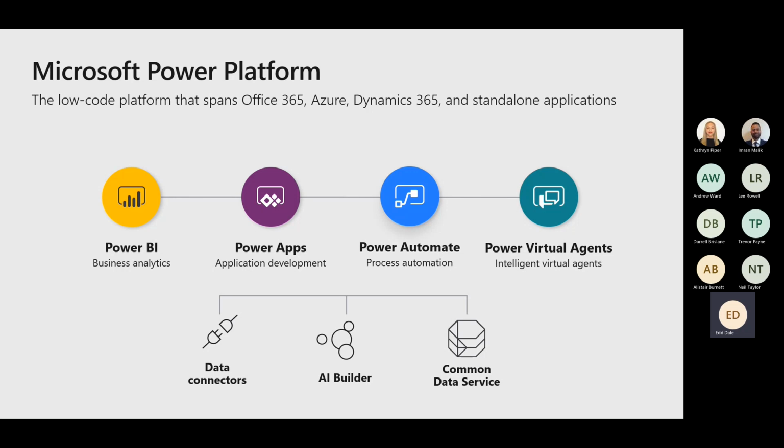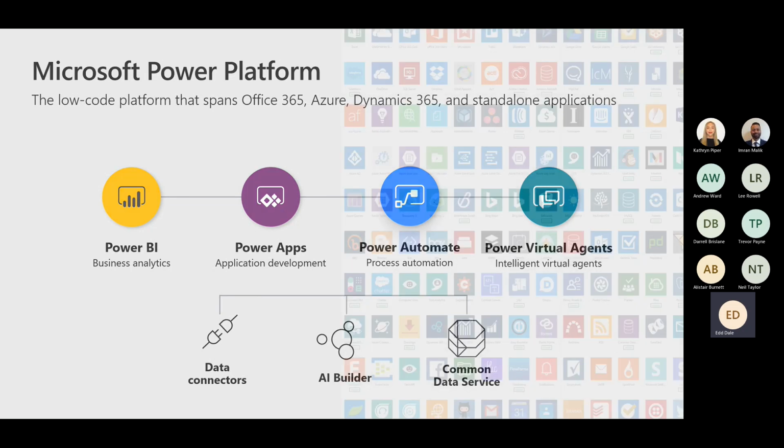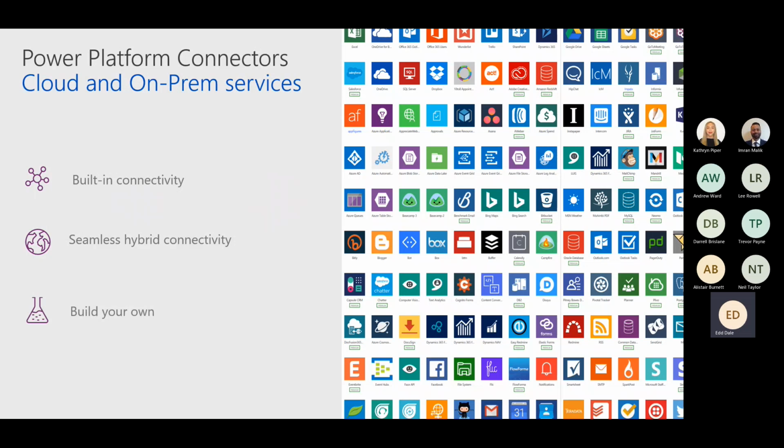Before we go into Power Apps, I just want to take a little bit of time to explain some of those terms there at the bottom, just so you've got a bit of understanding. Now, the first one I want to talk about is the Power Platform connectors. These connectors provide built-in connectivity to over 270 cloud services, files, databases, web APIs, and so much more. So pretty much whatever it is you're looking to connect your service or application to, through Power Platform's data connectors, you've pretty much got everything you need.